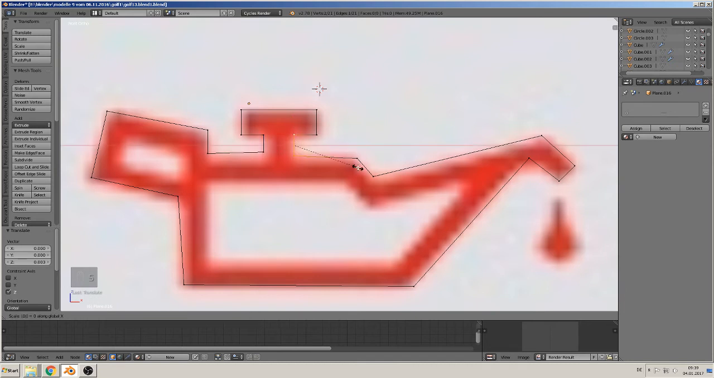Scale X0, scale Z0, here same, scale Z0, go a little bit up. Okay, we have that, wonderful. So we make the inner part, so we copy one word, extrude,